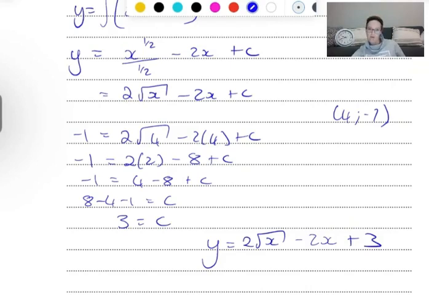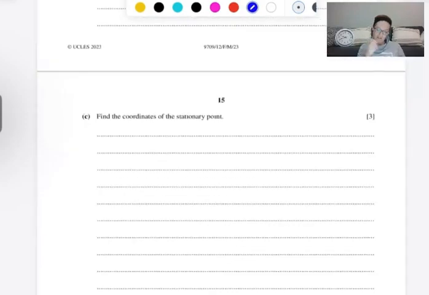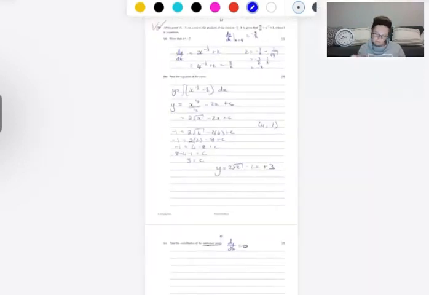2 root x minus 2x plus 3. Great. Okay, find the coordinates of the stationary point. Stationary point: dy/dx is equal to 0. If I can solve for that, I get the points. Okay, they've already given us our dy/dx, which is